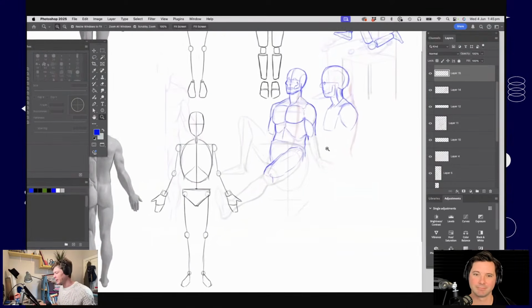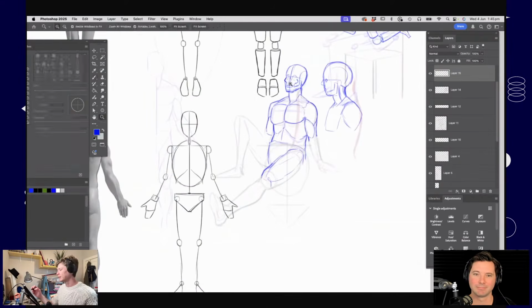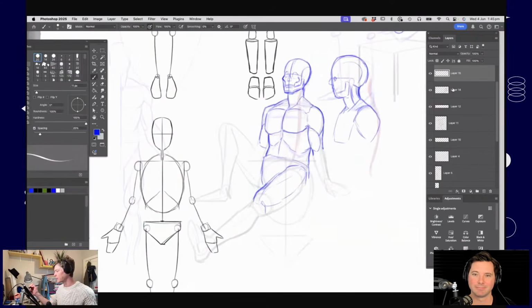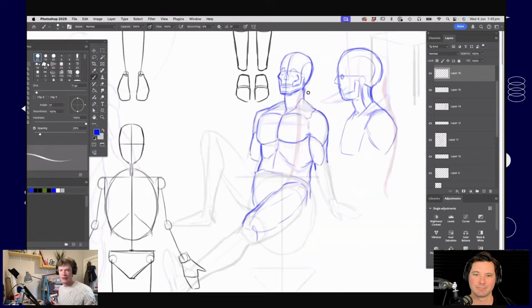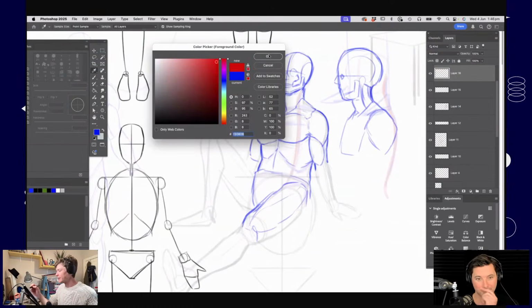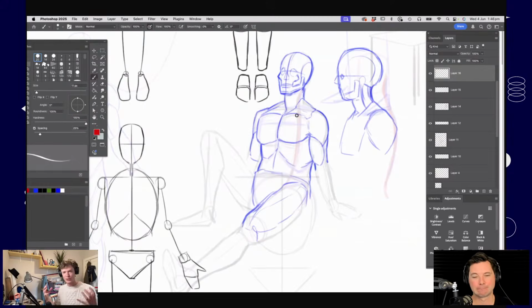The last thing that I'd add in here, one really important thing when you're figure drawing, is thinking about the body as a three-dimensional object that is under the force of gravity. So it's really good to think about what is the weight, what's pressing down.